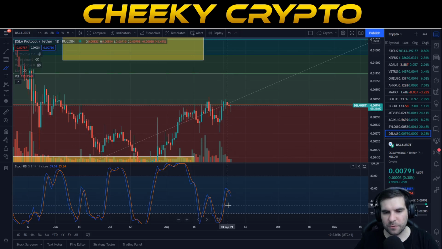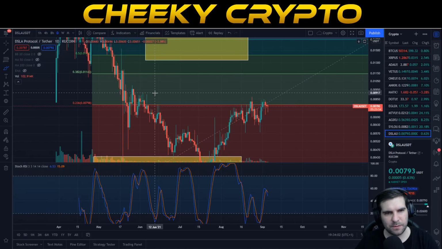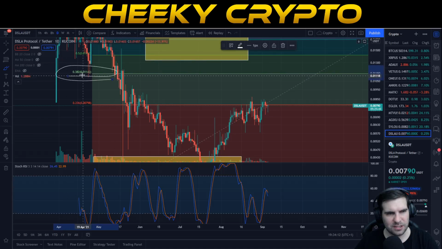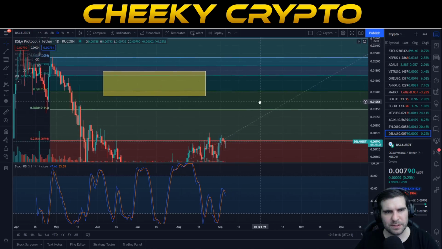But overall, I think we are going to start to see a bit of a push past this 236. And then, of course, we're going to be targeting a few interesting areas. There's going to be a bit of resistance up here at 0.00895. And again, there's going to be a couple more pieces on our journey up to our 382. This is 1.1 cent, okay? So it's a bit of a battle to move to the upside.